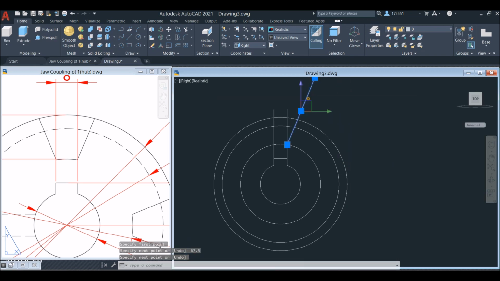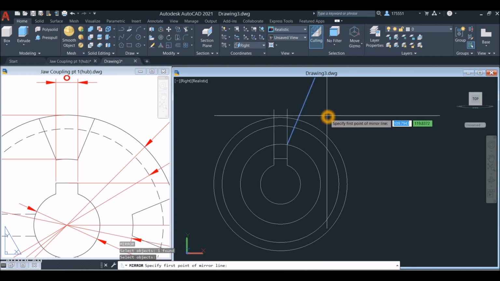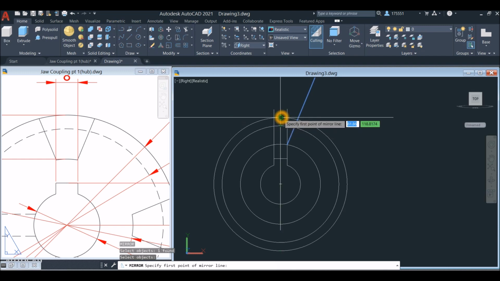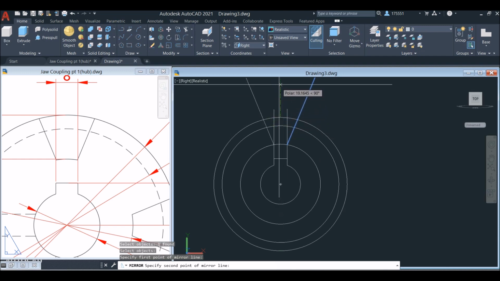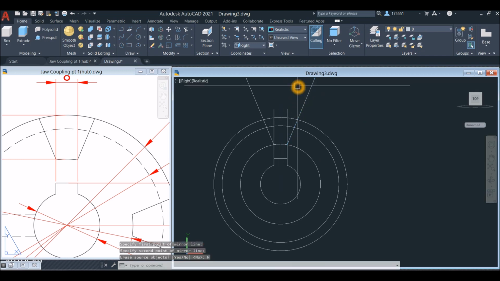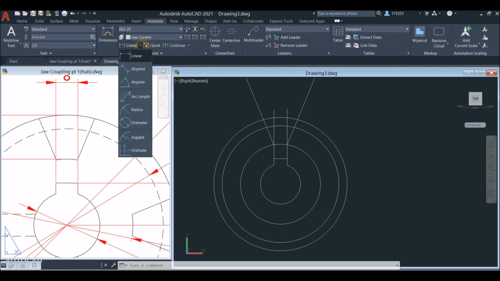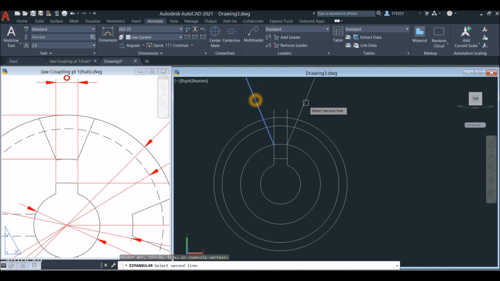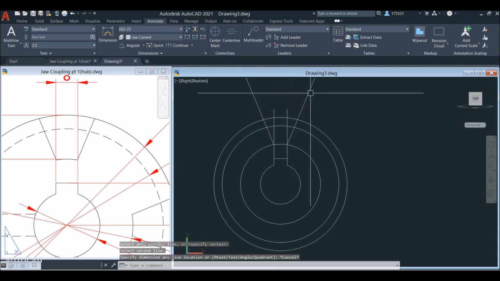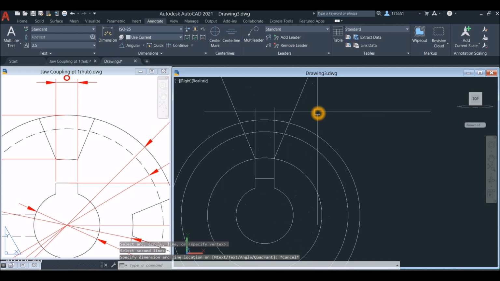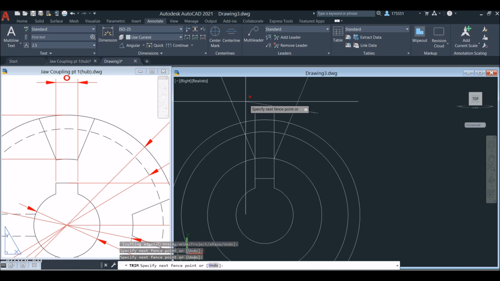Now I'm going to mirror this line. So MI for mirror command, select this line and specify point of mirror line, so it's going to be symmetrical. So use this quadrant here, move your cursor upward and make sure it's straight. Click here and select no. Just going to check the angle here. Yeah, it's 45. All right, so now trim command, so TR for trim command, enter twice and just trim these ones